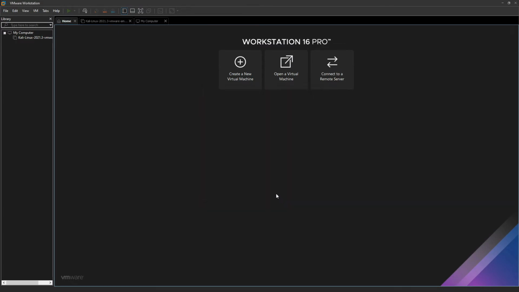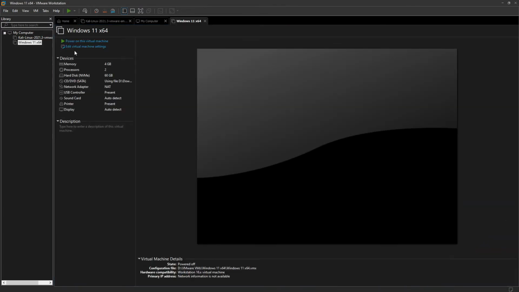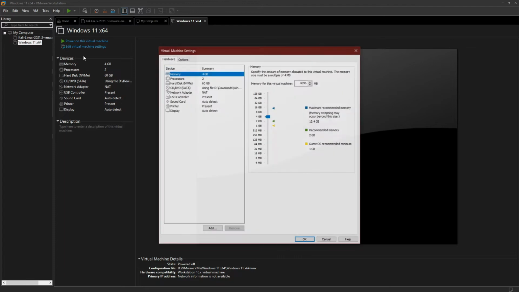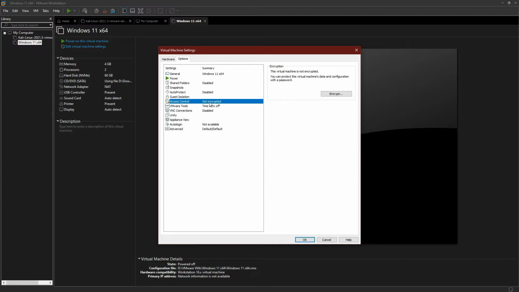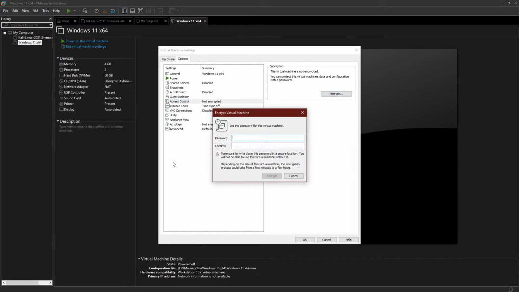Alright, now the main part, adding the virtual TPM here. Go to Edit, Virtual Machine Settings, click on Options, Access Control, and click on Encrypt. Now set up a password for this machine. I'm gonna use my unforgettable password of password here.